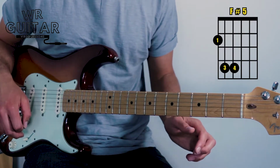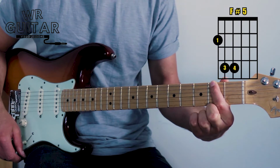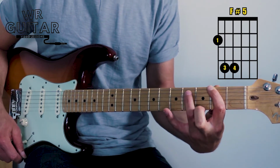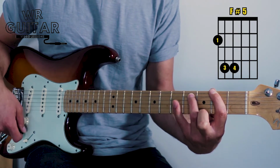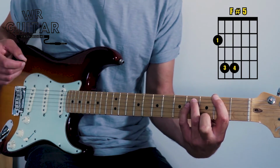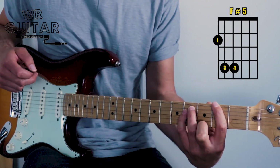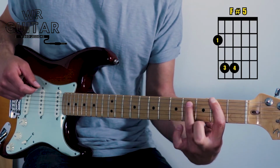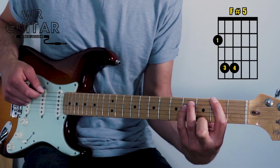We're going to be using our first finger on the second fret of the E string, which is the first string on our guitar. We're going to be using our third finger on the fourth fret of the A string, which is the second string on the guitar, and we're going to be placing our little finger on the fourth fret of the D string, which is the third string on the guitar. So we've got quite a rectangular chord shape here. That's first finger, second fret, first string, third finger, fourth fret, second string, and third finger, fourth fret, third